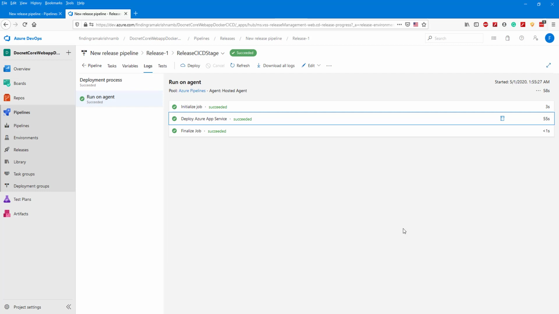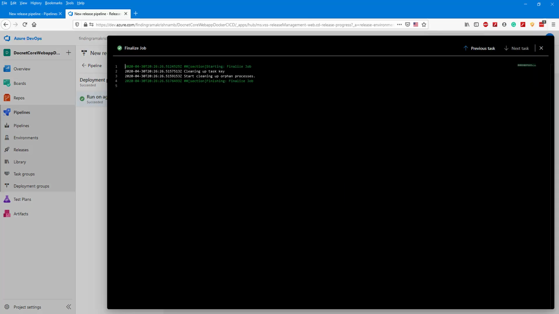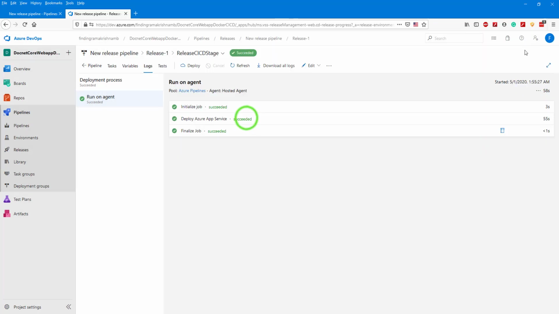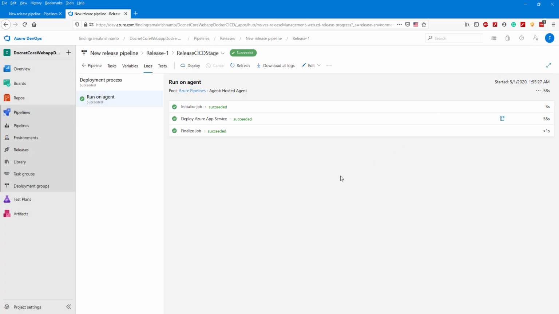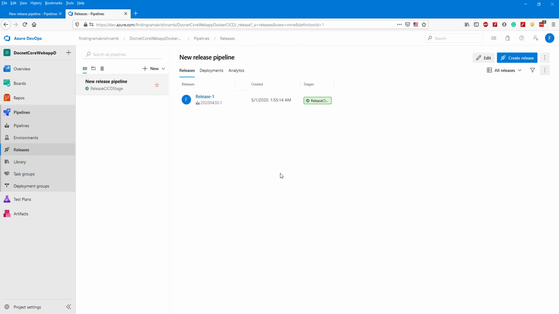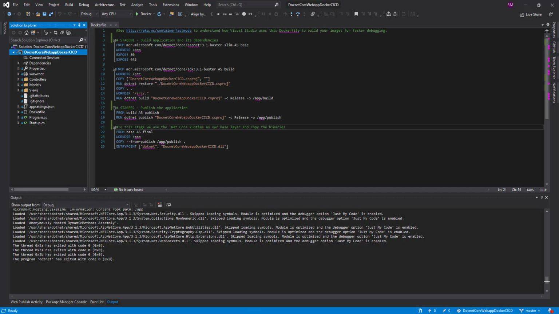The release pipeline is successfully executed. You can see a summary if you want. So now just check that our CI/CD cycle worked perfectly as we expected.